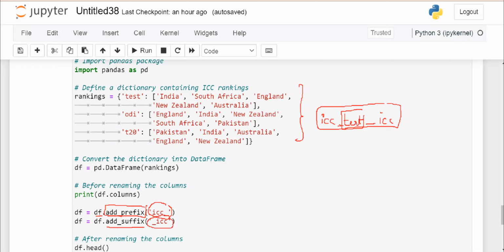So here ICC underscore is my prefix, underscore ICC is my suffix. So I will add using the add underscore prefix and add underscore suffix methods, so that these changes will be reflected in the original data frame. Suppose we execute this code,